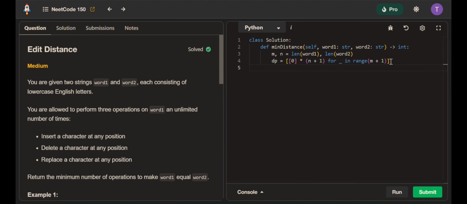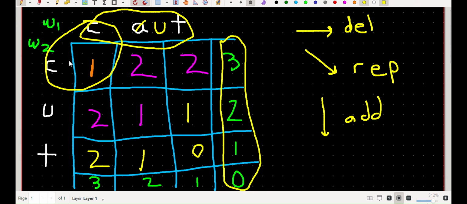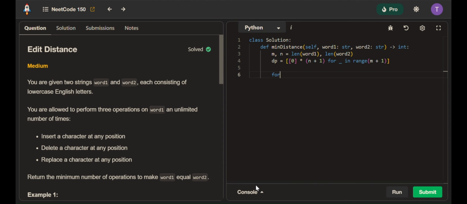And the next thing that I want to do is that I will be willing to set these side values. If you recall here, I had like a 3, a 2, and a 1, and it basically means that I want to take the index of the row. So this is index 0, this is index 1, this is index 2, and I want to take the len of that particular word, and I want to subtract that len, which is 3, minus the index, and that's going to give me basically how many characters from an empty string do I need to add to get the rest of the word. So what I will do is that I will say for i in the range, and now the